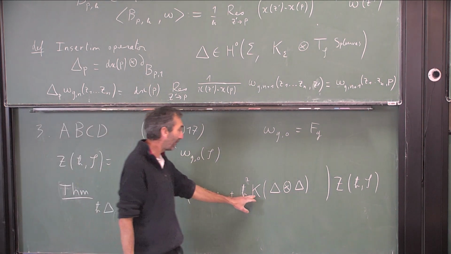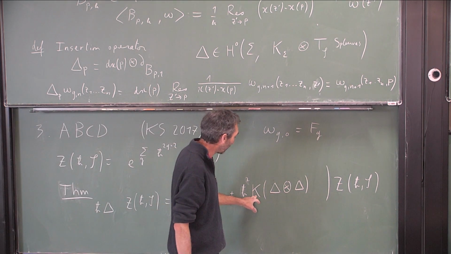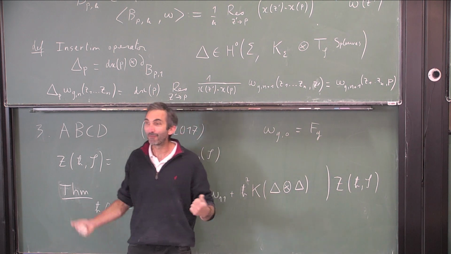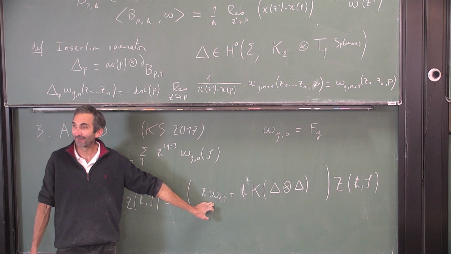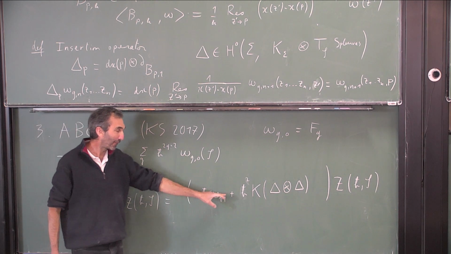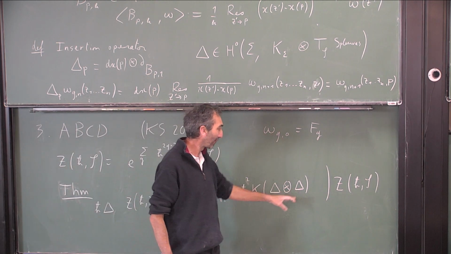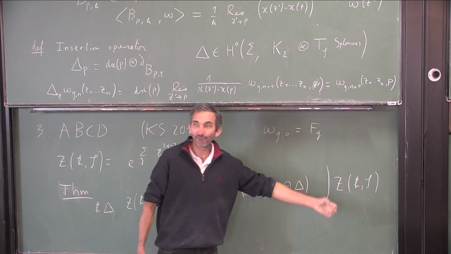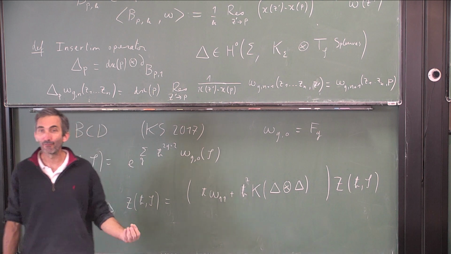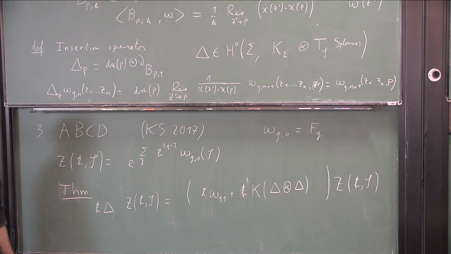Basically, this is the C tensor, and K is in fact at the same time the C, the B, and the A tensor. And this one is the D tensor in Kontsevich-Soibelman. The reason why it's at the same time the A, the B, and the C is that each time delta produces omega 0,2, you cannot call it the C tensor. You call it the C tensor only if it's not omega 0,2. Otherwise, if there is one omega 0,2, you call it B, and if there are two omega 0,2, you call it